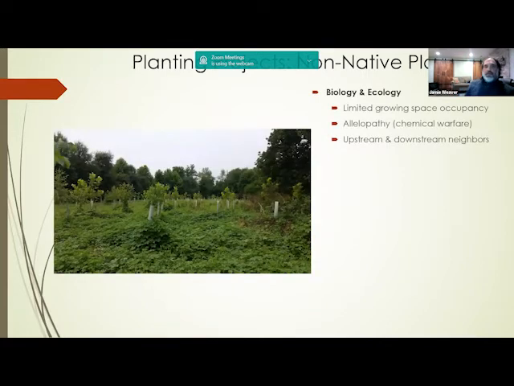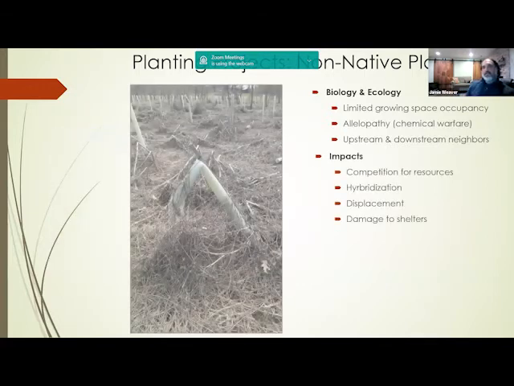And then we have non-native plants. So if we can think of, again, another pie diagram where we have limited growing space occupancy, you can only have a certain amount of plants occupying land, water, and other limiting resources. So this is actually a patch along the Monocacy River of, unfortunately, all Japanese hops. And the impacts vary by species, but in this particular case,